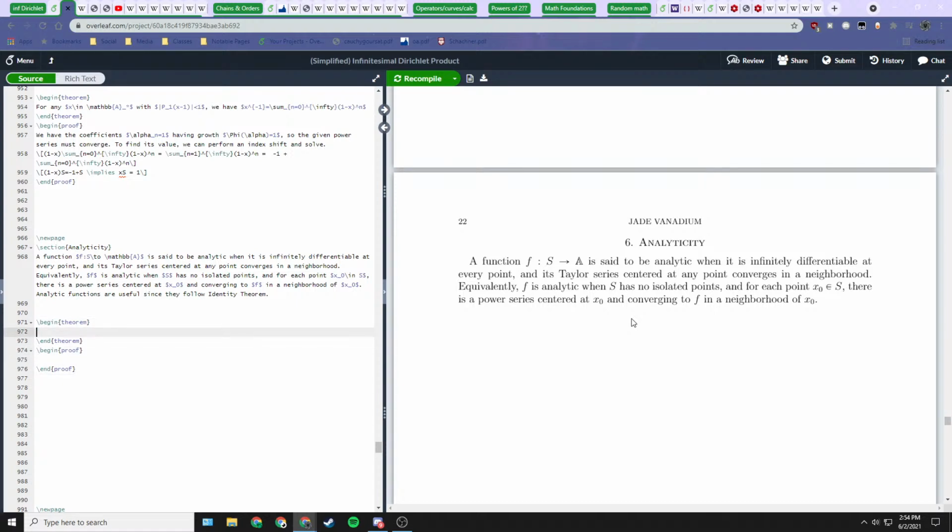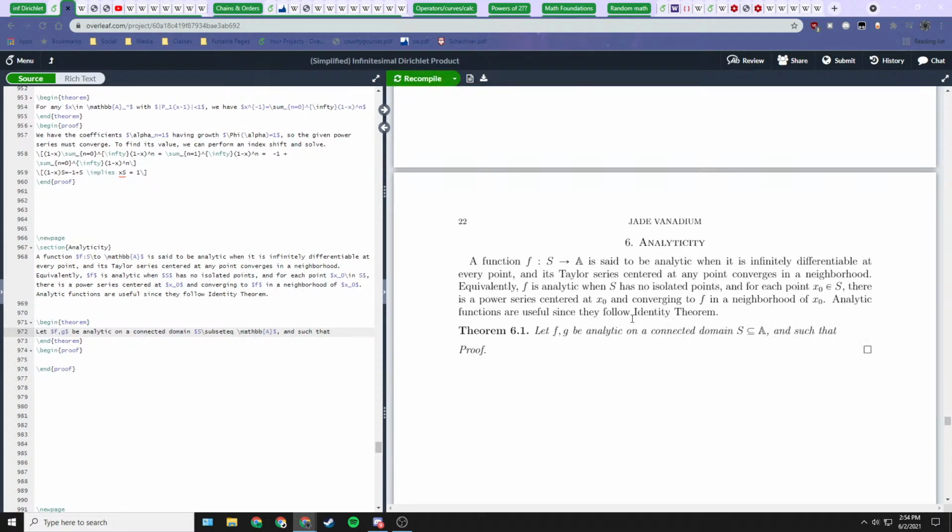So our theorem is: let S subset to A be connected, and f and g analytic on S. Actually, let's compact this a little bit more: on a connected domain S subset to A, such that the set